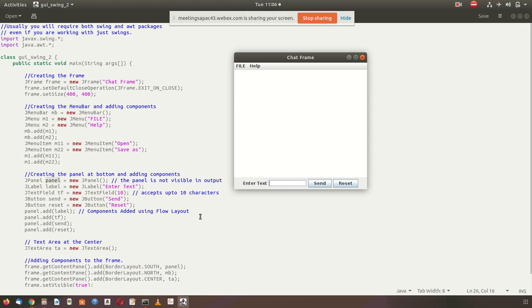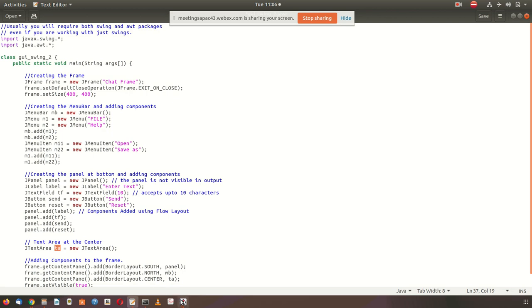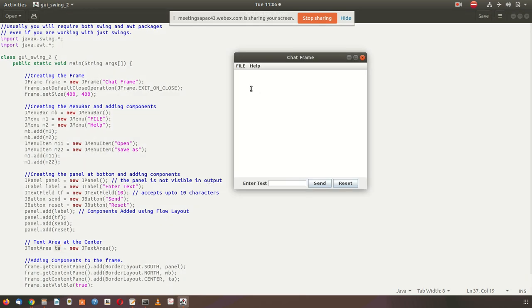After that, since it is a chat frame, whatever you type should appear in the middle of the screen here. So this is called text area. For a text field you can give the size 10 or 15, but a text area generally comprises a very big area where size is not given.